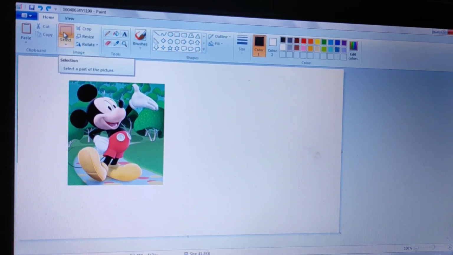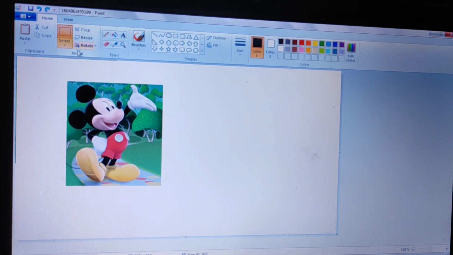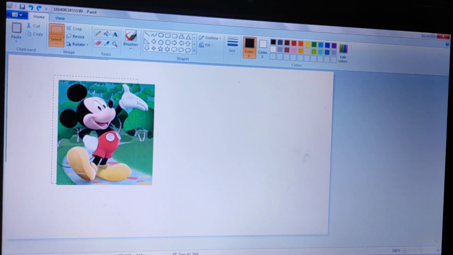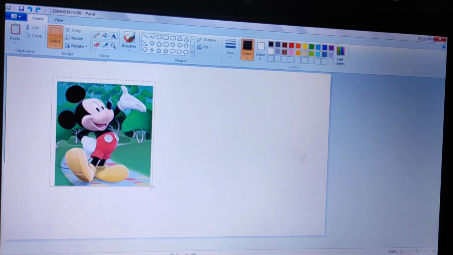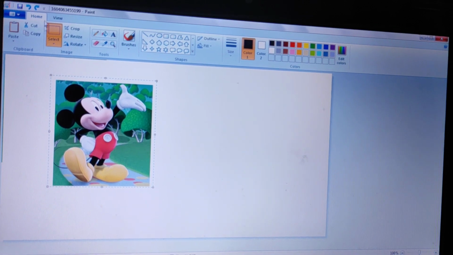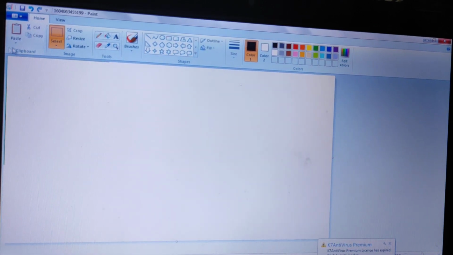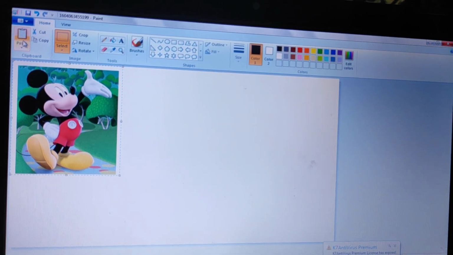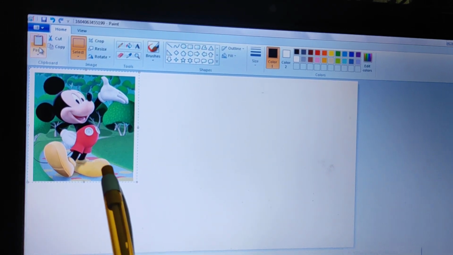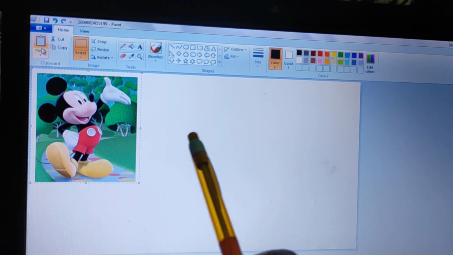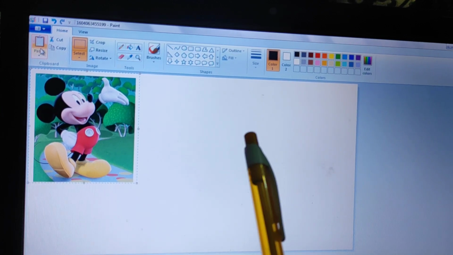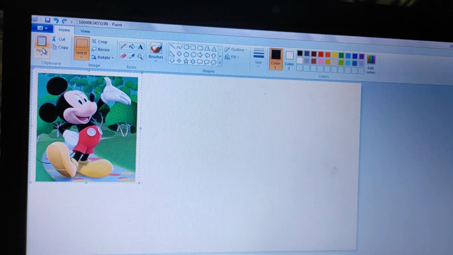And the second is cut paste. Follow the same steps. First of all you have to click on the home tab, then select, then press the left button of your mouse and select an image that you want to cut paste. Now it's selected. After that you have to click on cut and click on paste. Now you can see the picture only one time. That is the new place of the picture, and this is the original place of the picture and you are not able to see any picture here. That means in cut paste there is only one place for the picture, that is the new place.